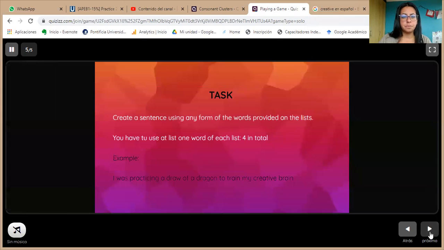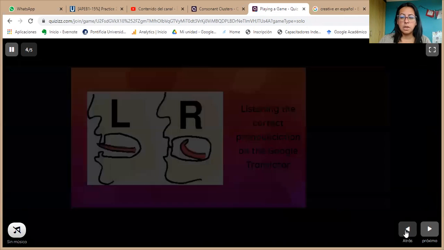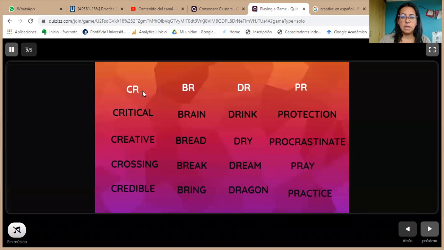And then to present the task that I would propose to my students, this would be to create a sentence using any form of the words provided on the list. You have to use at least one word of each list, so it is 4 in total. So we have here the list, and the idea is to create a sentence using these words, any form of the word,